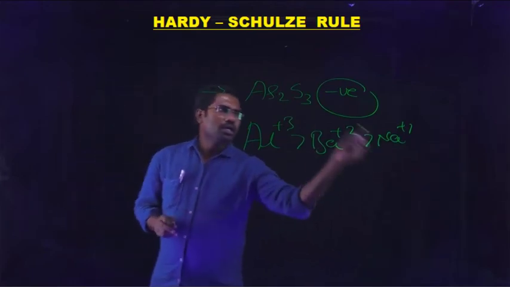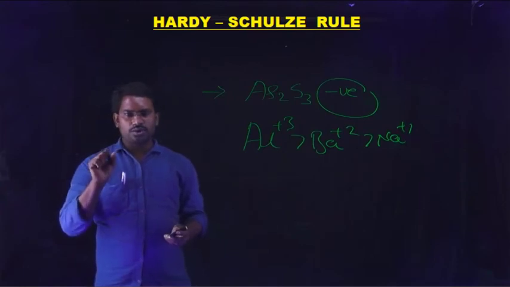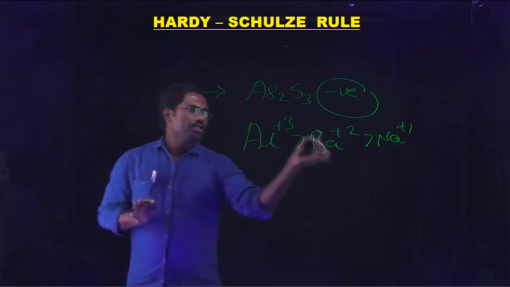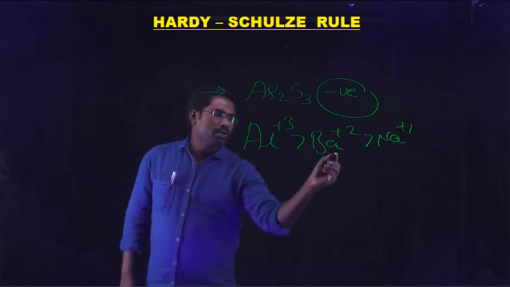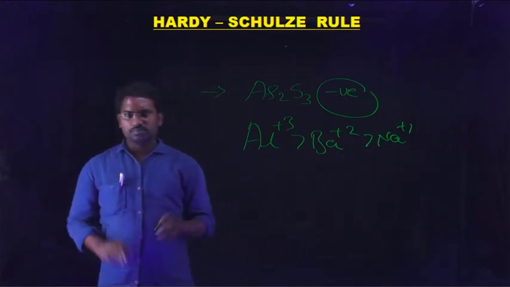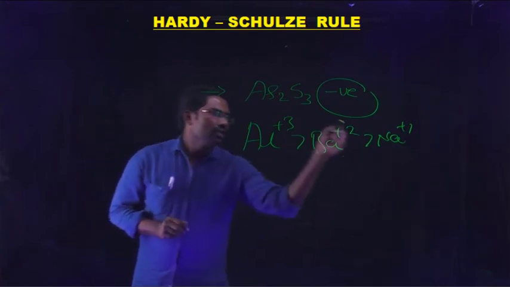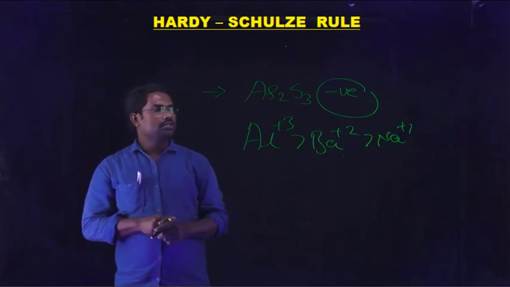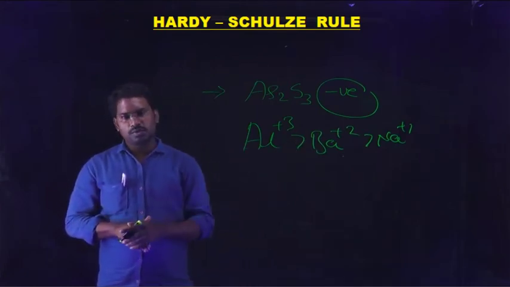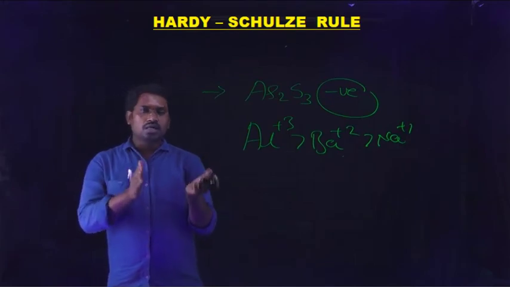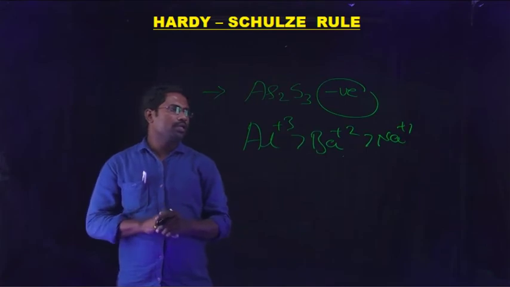Therefore, here the negatively charged particles are present in the colloidal solution, so we are adding positively charged species of electrolyte. That means Na+1, Ba+2, Al+3. But here another important thing is, Na+1, Ba+2 and Al+3 are all positively charged species, but in the order of their charges, Al+3 greater than Ba+2 greater than Na+1.